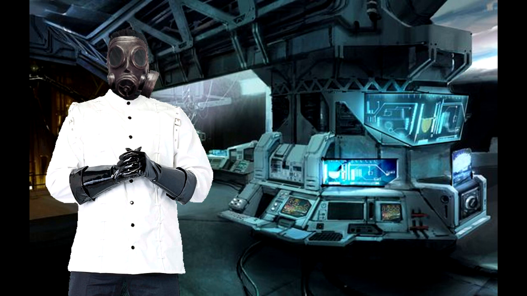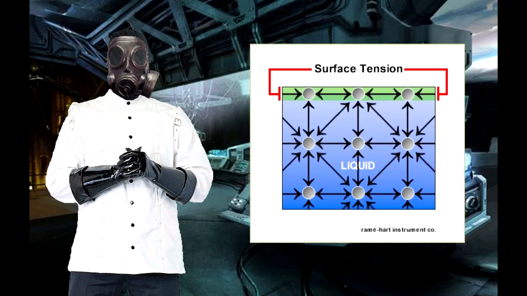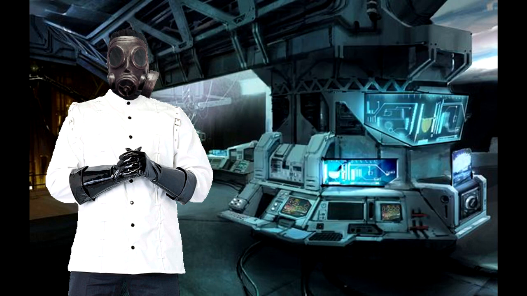Because liquids are made up of rapidly moving molecules, it can't be viewed as a solid mass. As well, liquids have what's referred to as surface tension. The molecules on the outer edge suffer from an imbalance of forces. While they're attracted to the other molecules within the liquid due to chemical bonds, they are not as strongly attracted to other molecules. This extra pull towards the mass of liquid causes the surface of a liquid to have an almost elastic, tense surface.